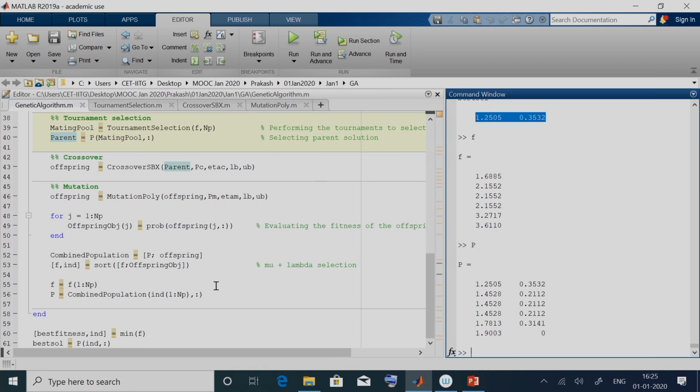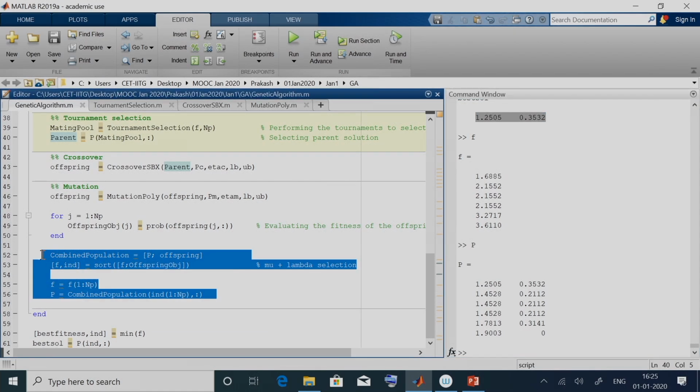This happens only in genetic algorithm because here we actually sort the population. In the rest of the metaheuristic techniques which we discussed, we never sorted the fitness function values. That is why the best solution could be located anywhere and we were using the min function to identify where it is located and extracting the corresponding solution. Over here, because we are employing a mu plus lambda strategy, it is always guaranteed that at the end of all the iterations the first solution will definitely correspond to the best solution.